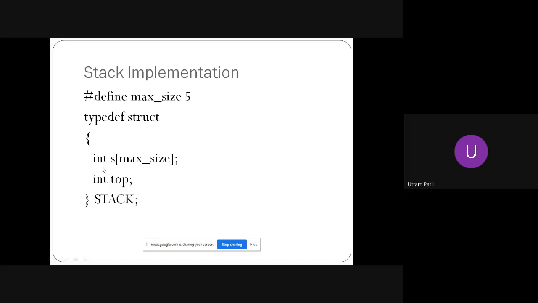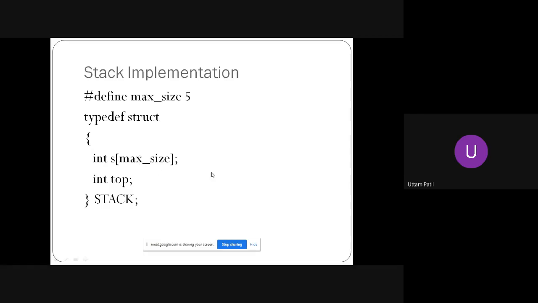Then with respect to that max, you can declare an array. I will declare array S, and max size you can give as 5 or 3 based on your requirement. Then you need a pointer to point at the top of the stack. Pointer meaning it need not be an actual pointer. I need to keep track of the index, whether the index is -1 or 0 or 1 or 2.